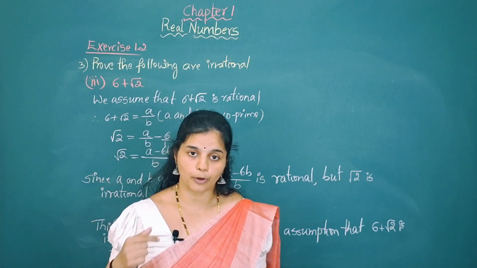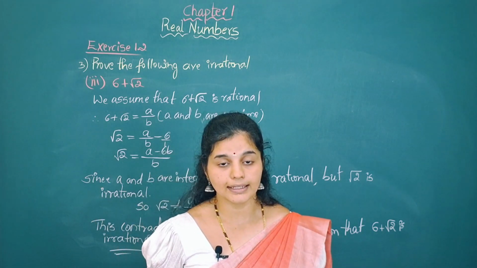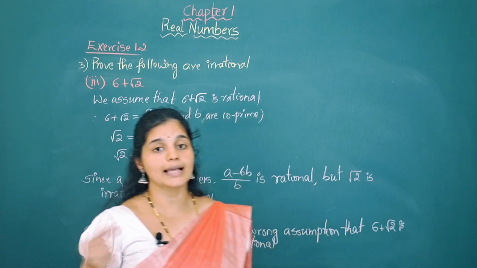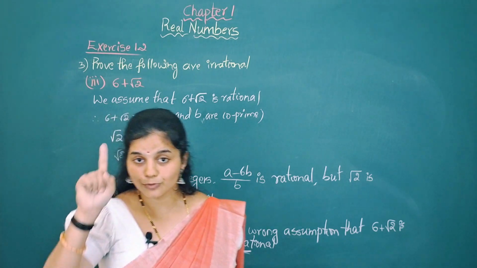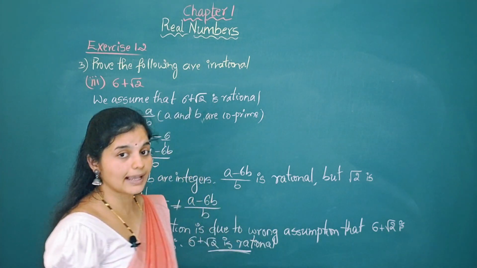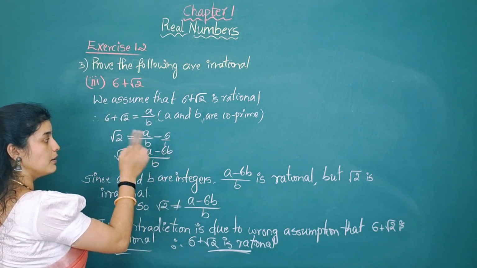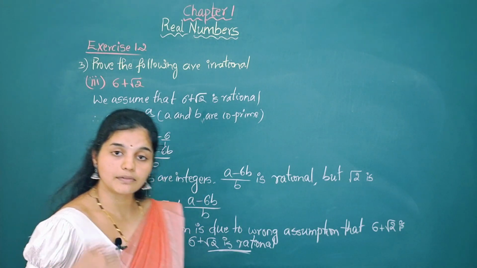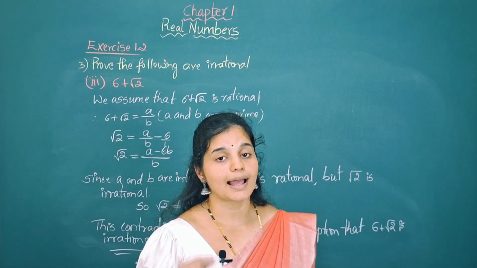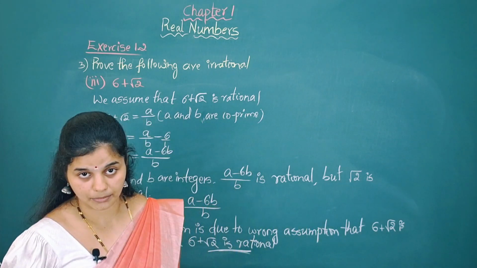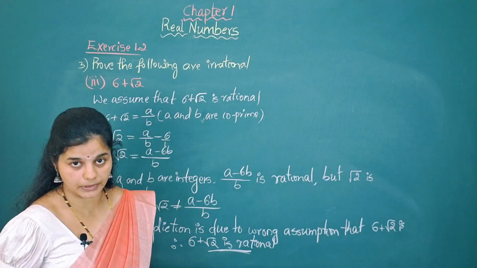So in the first few problems we have solved, considering that a and b have other factors other than 1. So where our assumption went wrong, that is one way of proving. Or the second way, what we can do is we will come to a point where we are going to write a rational number is equal to an irrational number. That is not at all possible.